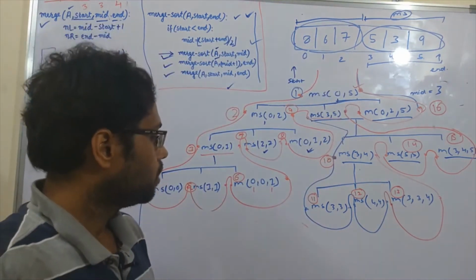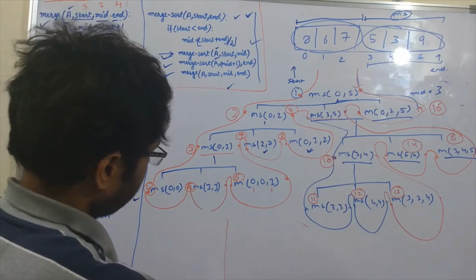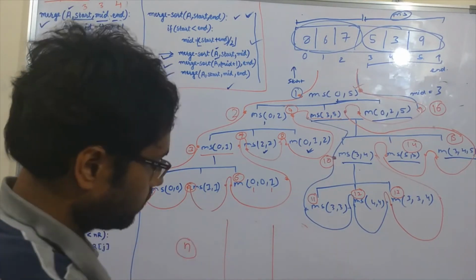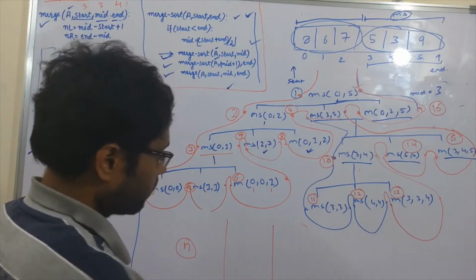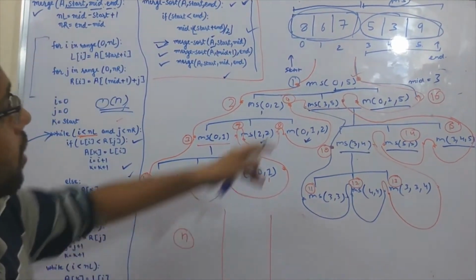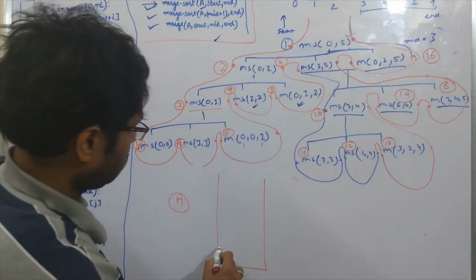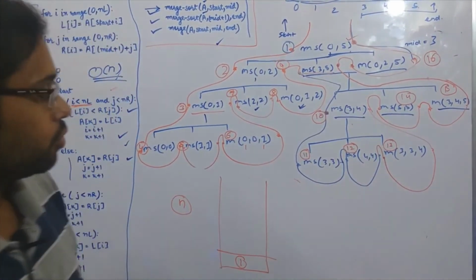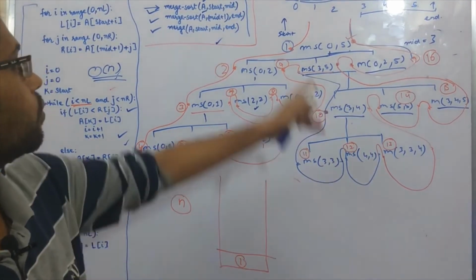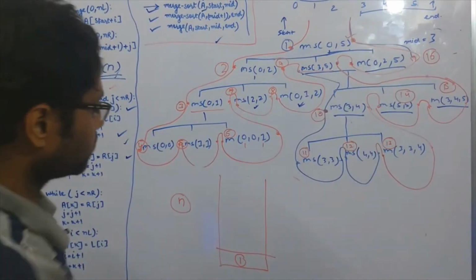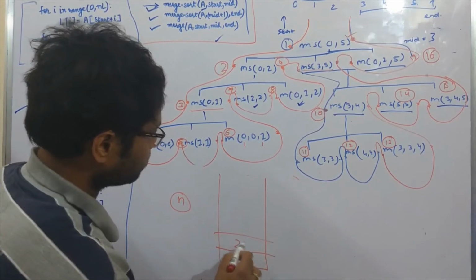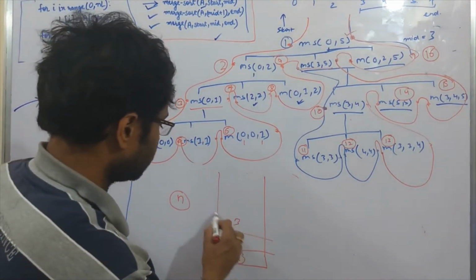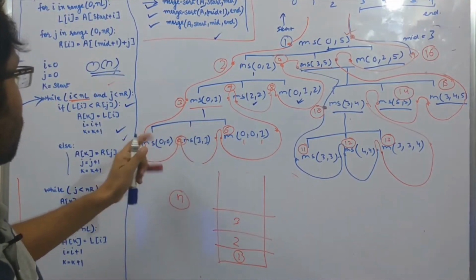Suppose we have a stack of size n, whatever is the size of this array. First we are calling the first function, and it will occupy space in memory in the array. The first function is calling the second function, the second function is calling the third function, and the third function is calling the fourth function.